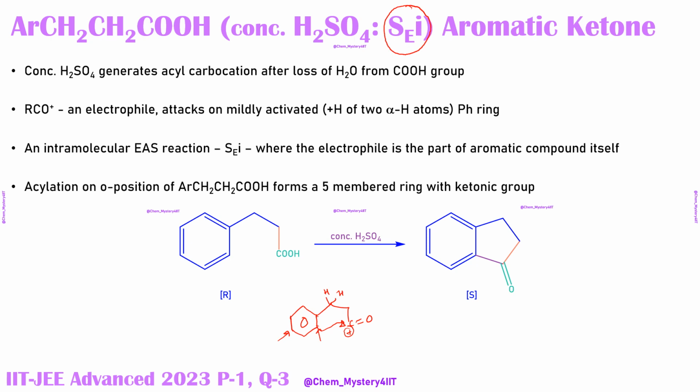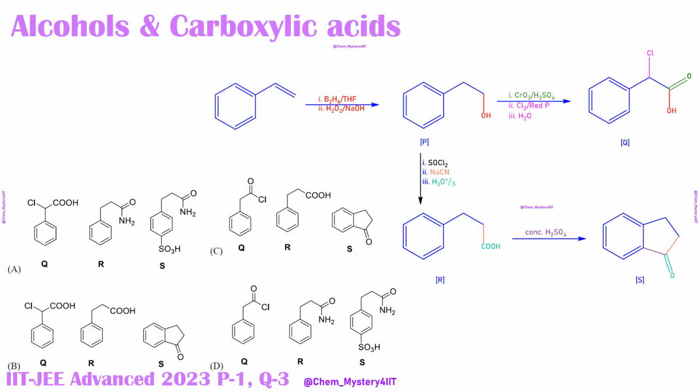Now we'll be putting these things back into the picture. So we'll be seeing what was right and what was wrong. So these are once again all the different products we have seen in the previous reaction sequences, and we had to identify. So we can see from this whole reaction sequence what was Q, what was R, and what was S. They had asked us to identify. This was your compound number Q, which was the product of the HVZ reaction, that is alpha-chloro carboxylic acid, that matches into the product number A and B. C and D can be ruled out from here. You can see that very clearly.